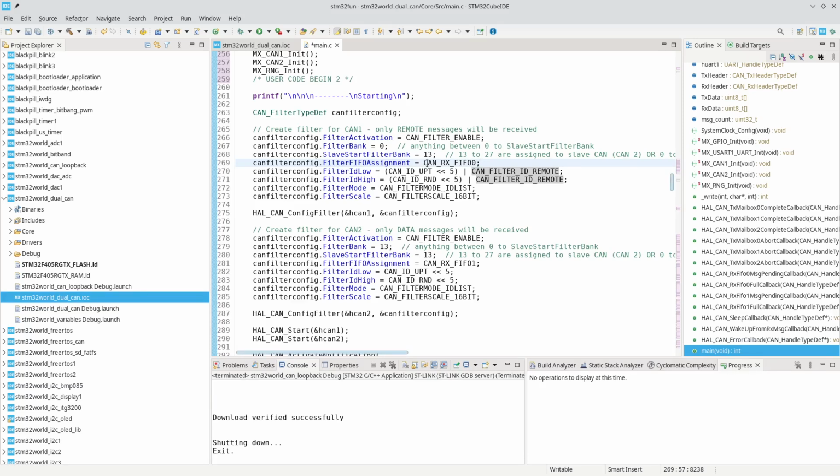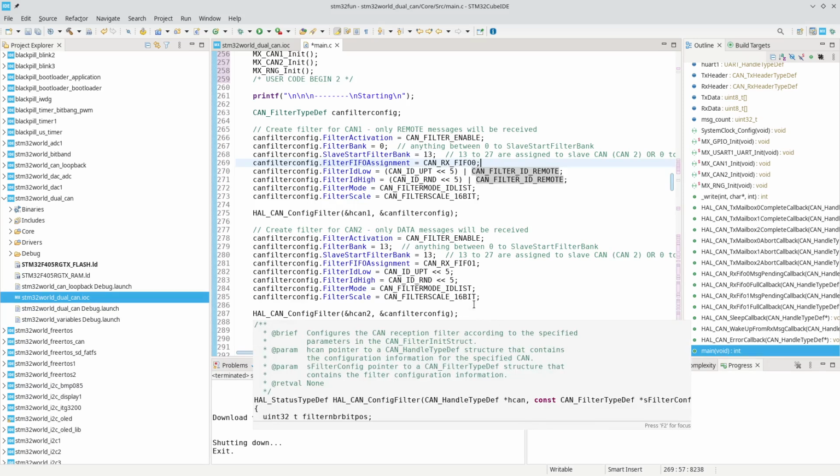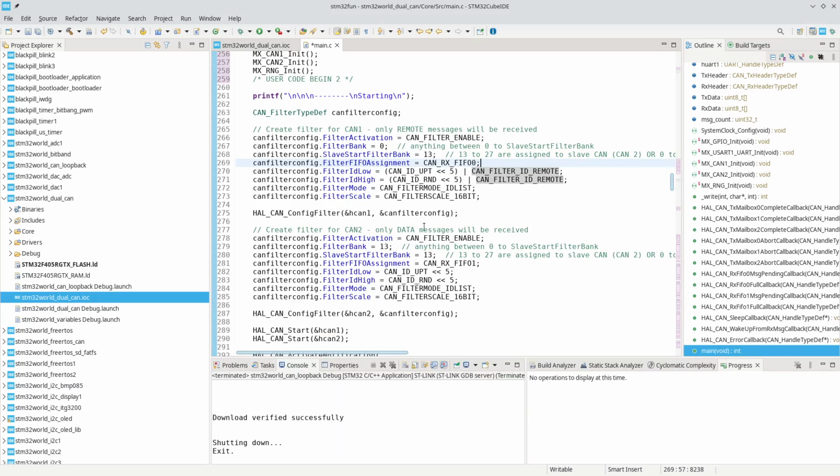But in this case, we'll put it into the FIFO 0 buffer, matching this filter. We also set a filter for CAN 2. Now CAN 2 will only respond to the data messages. It will receive whenever it requests an uptime or a random value. It will wait for the response, and it will match those exactly the same. But we will notice that